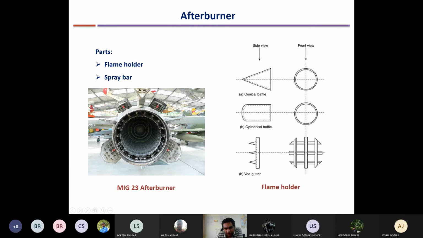Okay. So the afterburner somewhat looks like this from the back side. Again, those of you who were present in the department, you can take a look. We have a MiG-21 engine here in the lobby, and from the back side, you can see a long cylindrical region. The entire portion is the afterburner and the flame tube ending in the nozzle. Almost half of the length is the afterburner and the nozzle, and the rest of the engine comprises the other parts. And you can see all this directly.